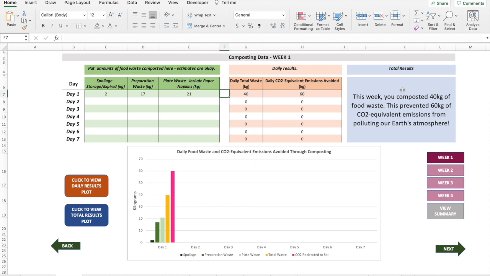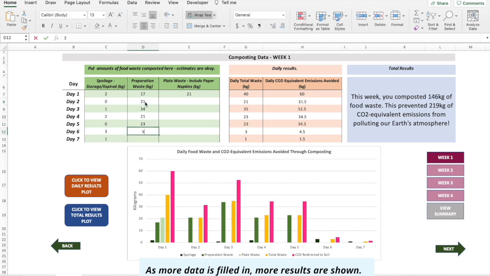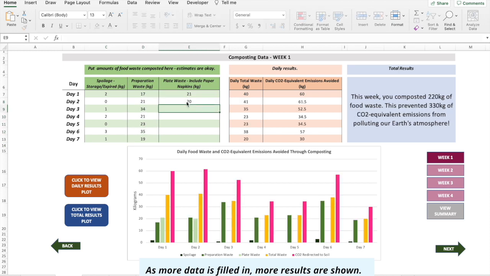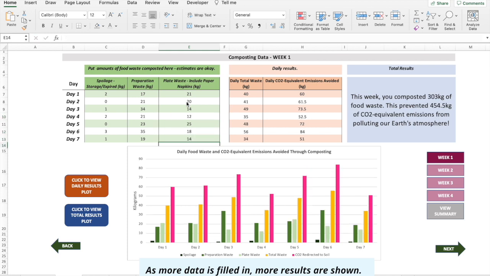So now we're going to go ahead and fill in a supposed week of data, and you can see how results continue to fill in and compute. Now that we've filled in this whole week of data, you can see on the right our daily results columns have been totally filled in. Additionally, we see that the total results column has changed, and it tells us that over the course of the